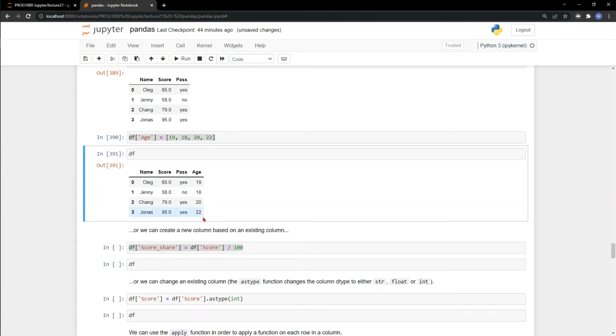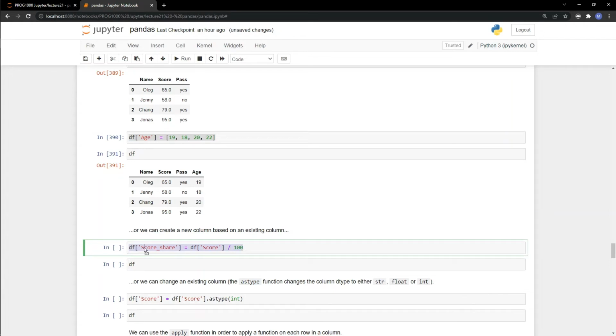We can also make a new column based on one or more of these previous columns. As always, making a new column is like making a new variable. Then we just specify the column name within the square brackets, and this is of course a string, and we just